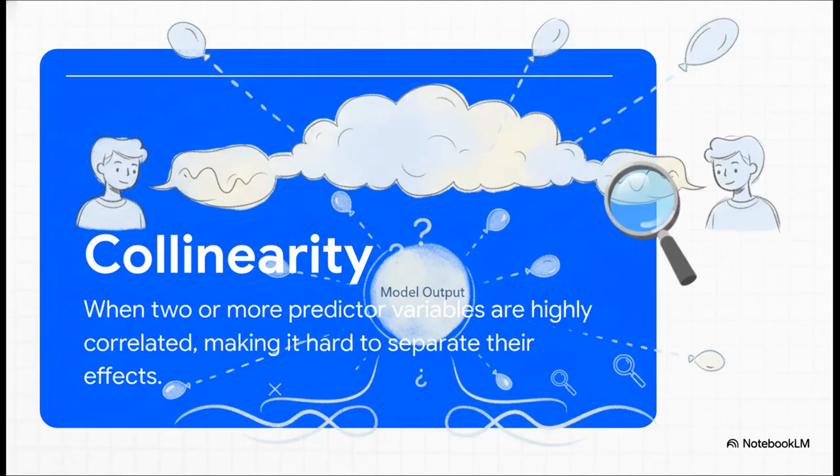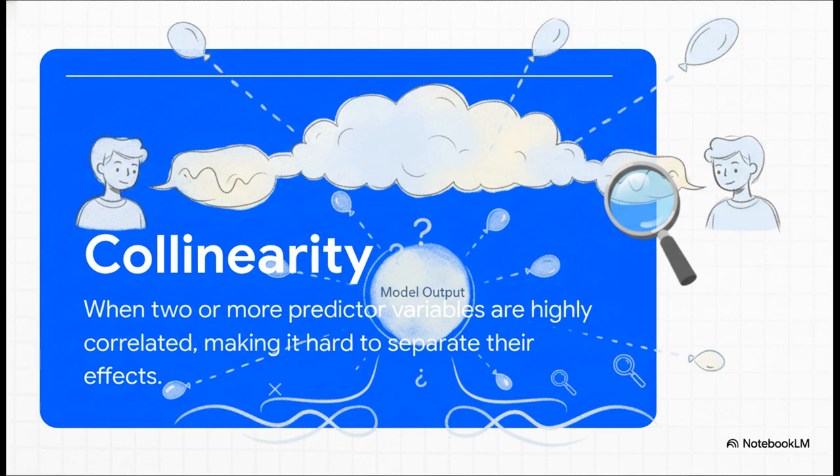The best way to think about collinearity is like having two witnesses in a trial who tell the exact same story. When your predictor variables are highly correlated, they're essentially saying the same thing. They contain redundant information, and the model gets confused. It has no idea how to assign credit or blame to each individual variable. This uncertainty makes the coefficient estimates go wild, and their standard errors just explode, making it impossible to tell what's